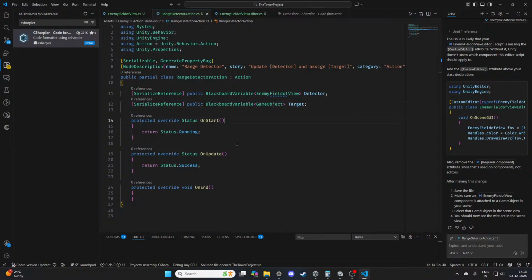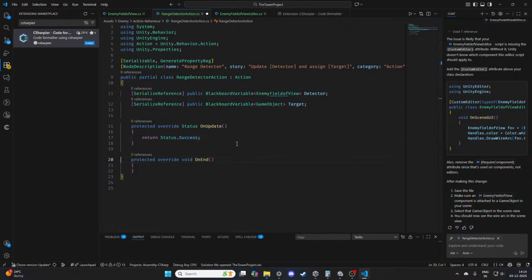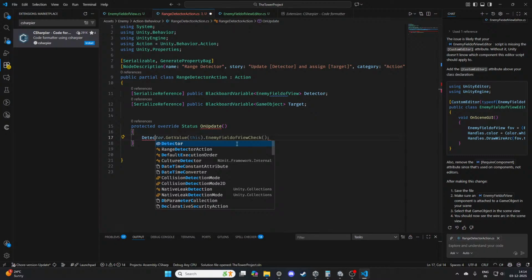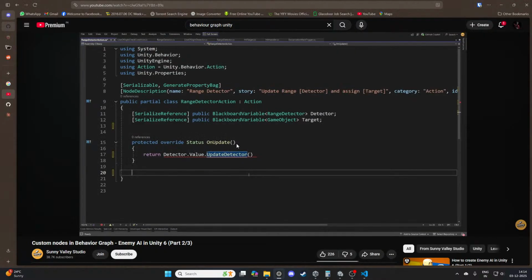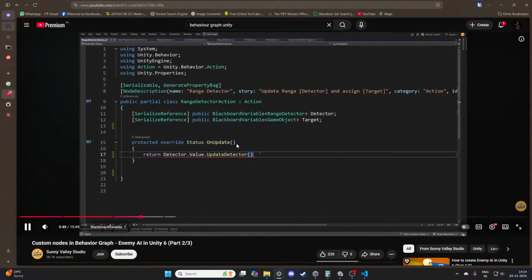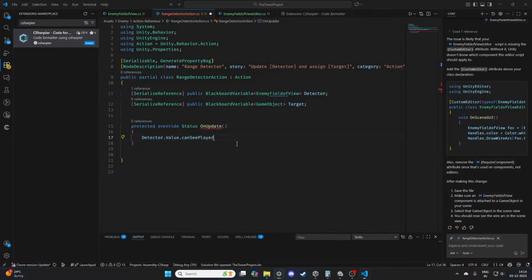Okay, so what has he done? Not start, not update, not end either. What will we do here? Detector dot value dot can see player equals can see player. So here I'm going to check if this equals to null. And next I can return failure if